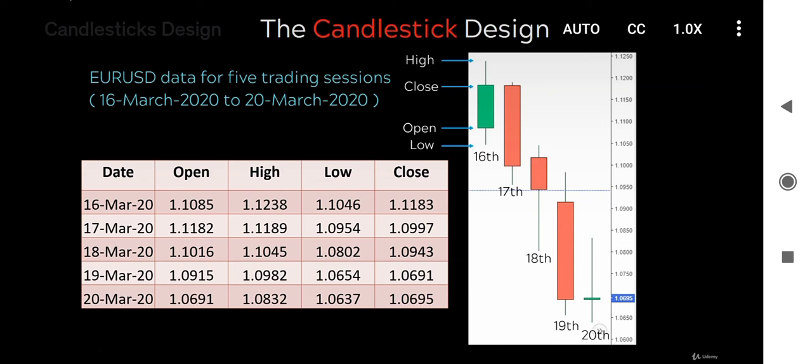So friends, hope the candlestick designing is clear to you. From the next lecture, we will study the price action and psychology of each